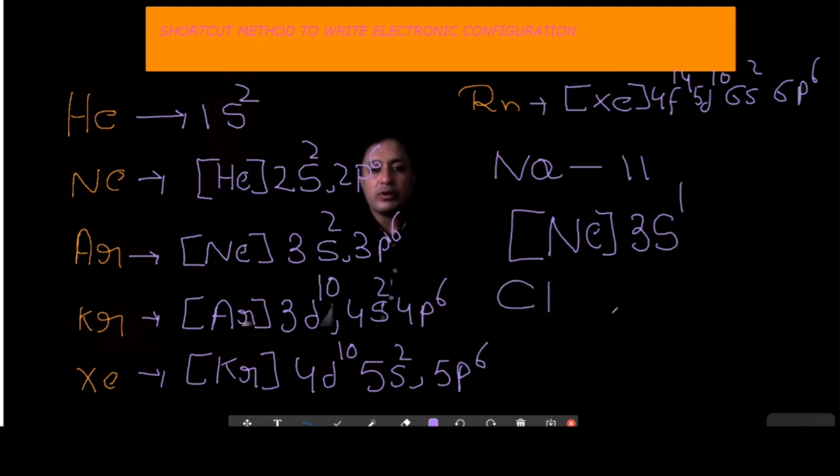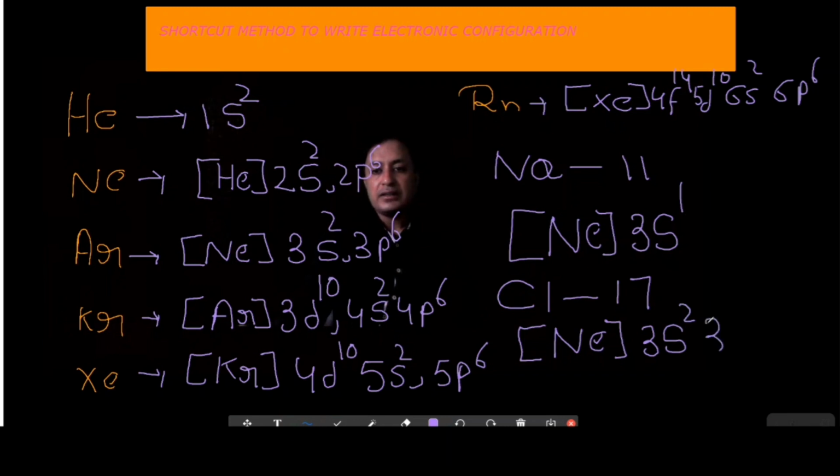Suppose you have to write the electronic configuration for chlorine. The atomic number of chlorine is 17. So when you write the electronic configuration, you can use the nearest noble gas before that, that is neon. It means you have already written till 2s2 2p6. Then the next orbital is going to be 3s2 and then 3p5 you can write, and that is how you can write the electronic configuration of chlorine in a shortcut way. This shortcut method is very useful when you write the electronic configuration for higher elements. That we are also going to see.